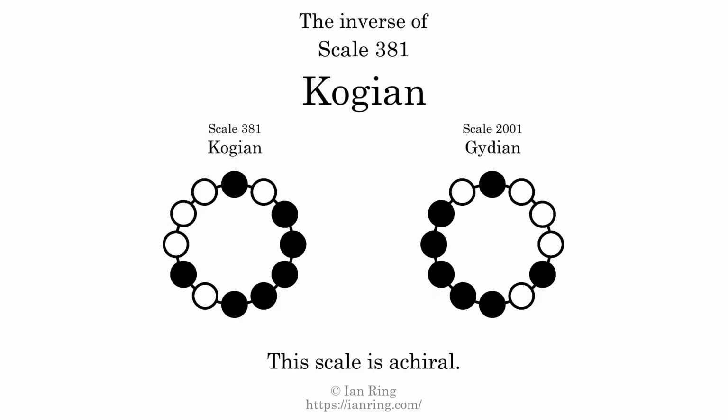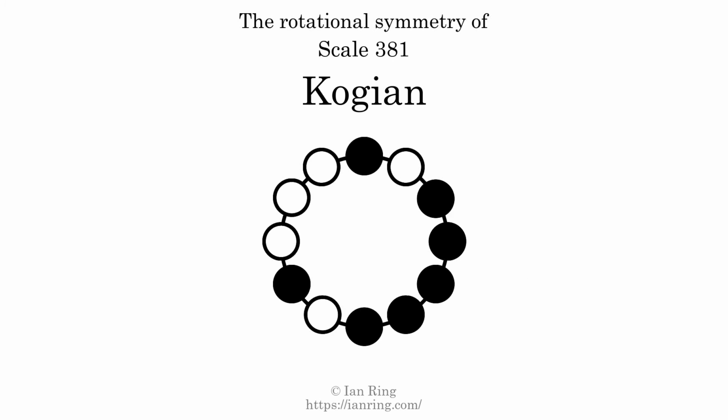The inverse of a scale is a mirror image. It is what you get when the sequence of intervals is reversed. The inverse of this scale is scale 2001, also known as Gideon. This scale is achiral, since it can transform into its own reflection by a rotational transformation. This scale has no rotational symmetry. For even more detail about this scale, visit